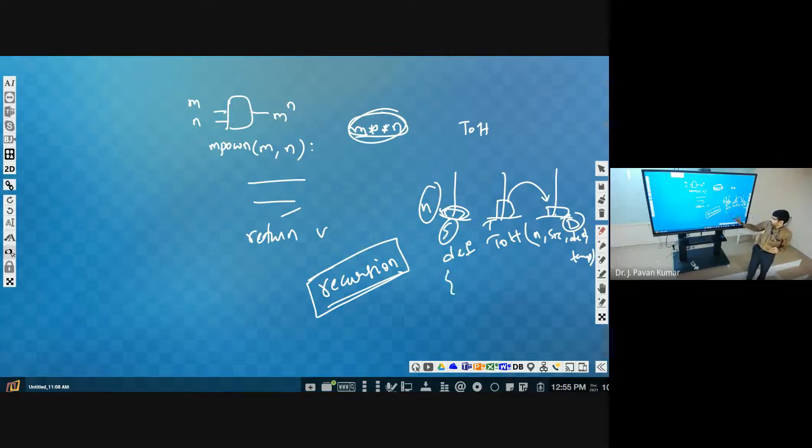So we have to define this towers of Hanoi problem as a function. Then you need to invoke it. Invoking is nothing but calling that function. Then you will get output.